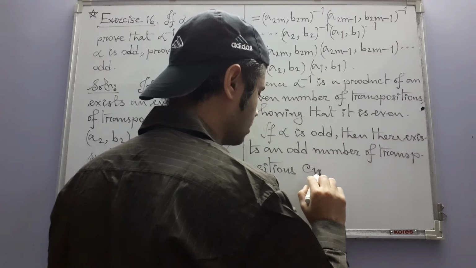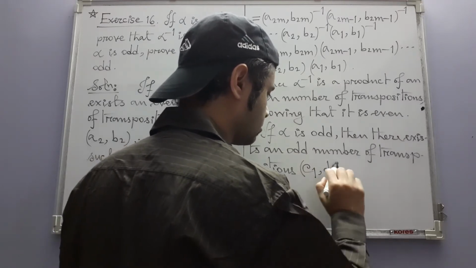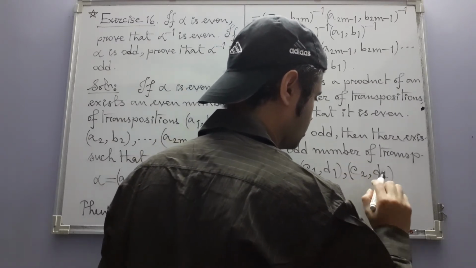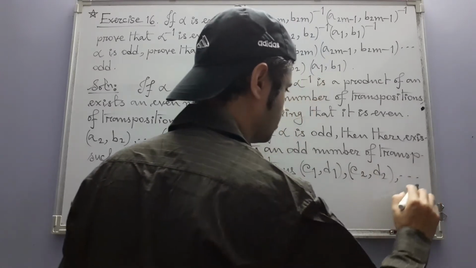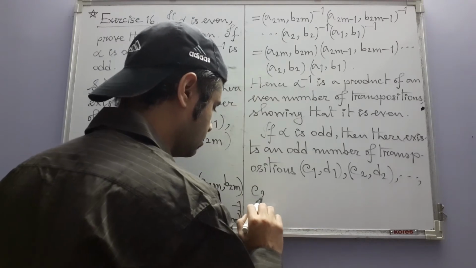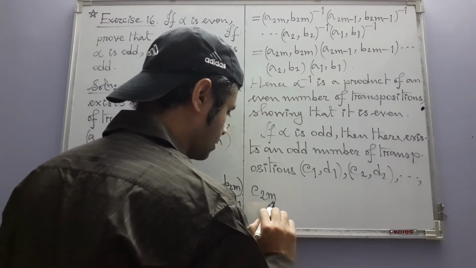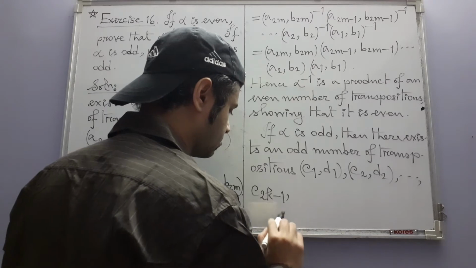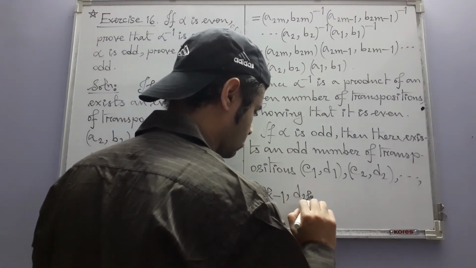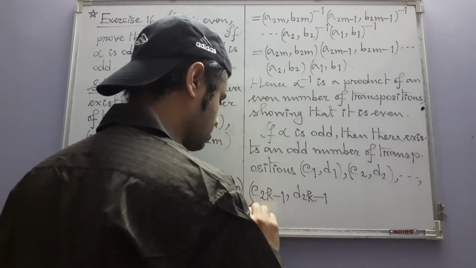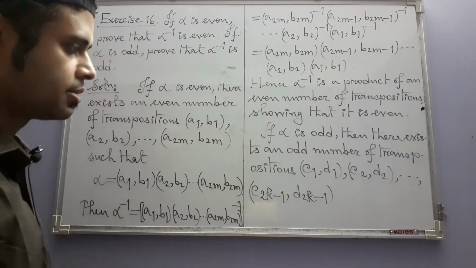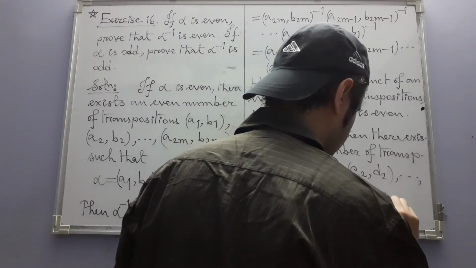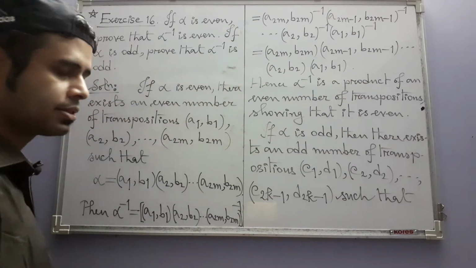This time let us use the letters C and D: C1 D1, C2 D2, up to Ck Dk, where k is a positive integer, such that